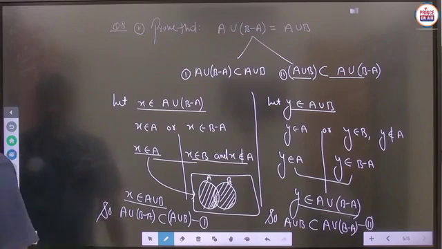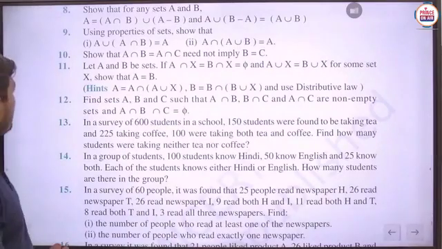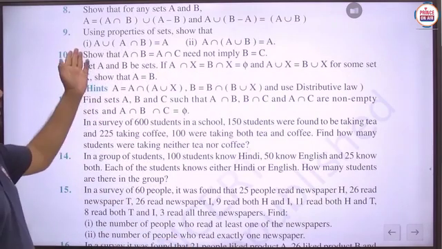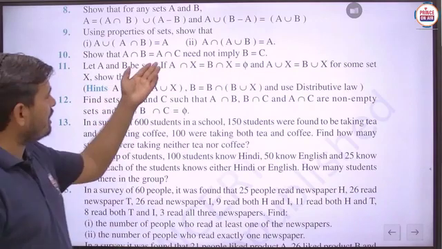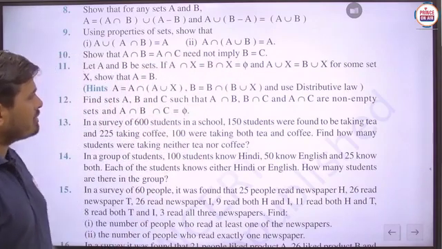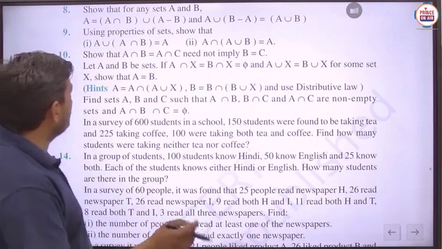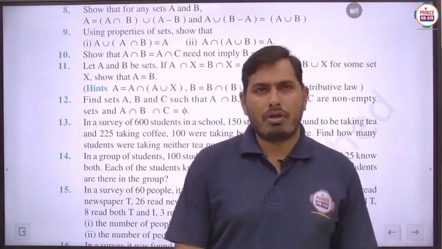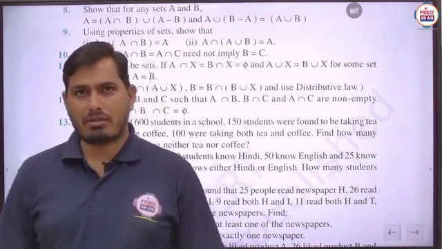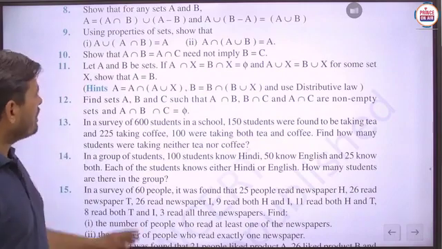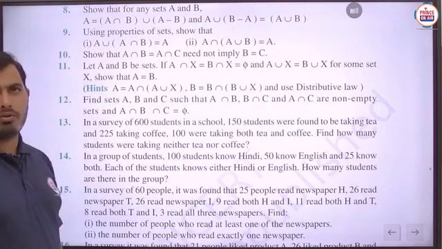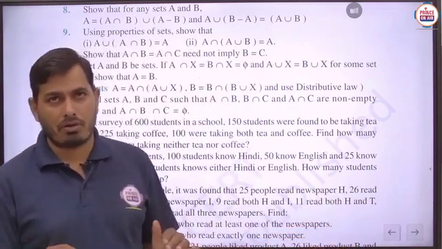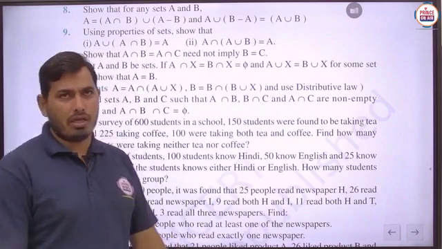So next question number 9 says that using properties of sets, again a similar type of question: A union A intersection B equals A, and A intersection A union B equals A. So just by using some properties, we have to prove the given results. Student, you can take an example also, but there should be no need to take examples. Is it to be clear? We just have to write the particular statement, and we will use the distributive property. You can just take any general element in the particular set, and then we will be able to prove the equality of the two sets.